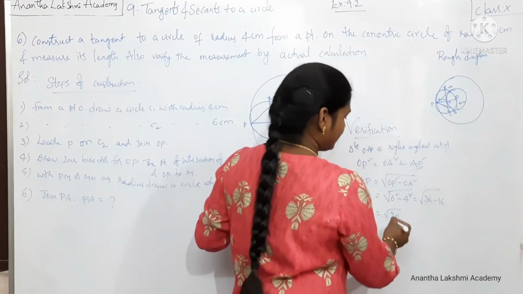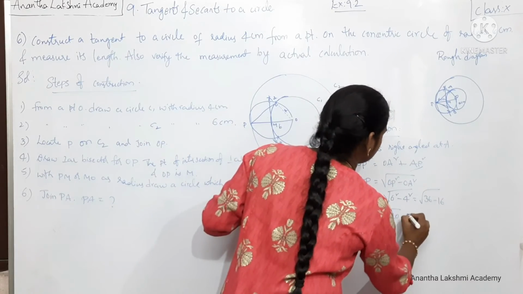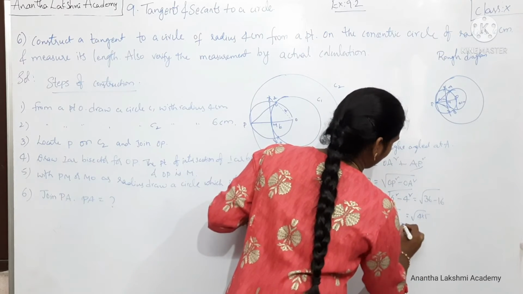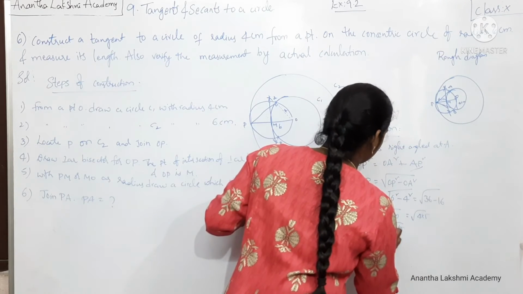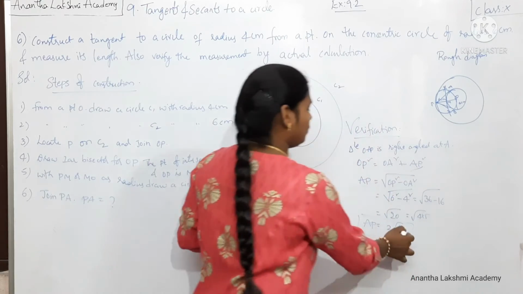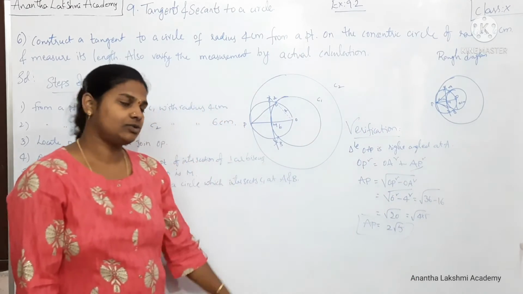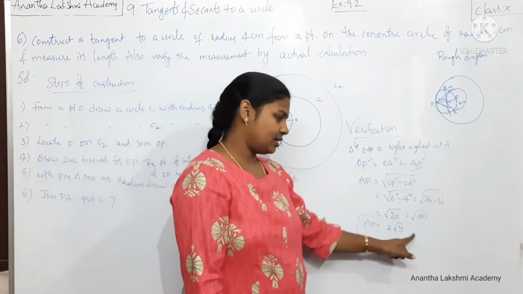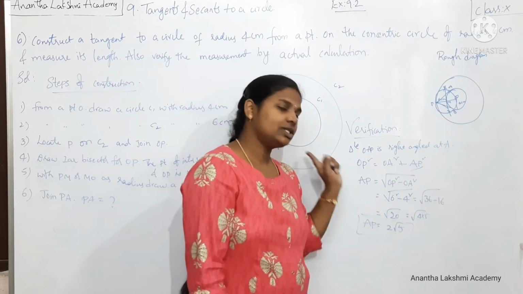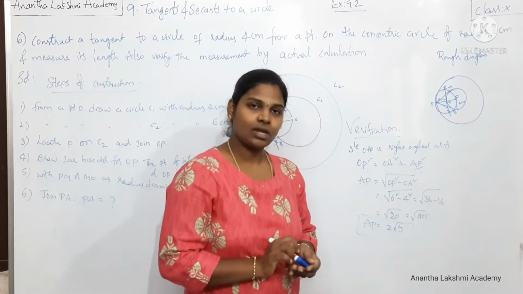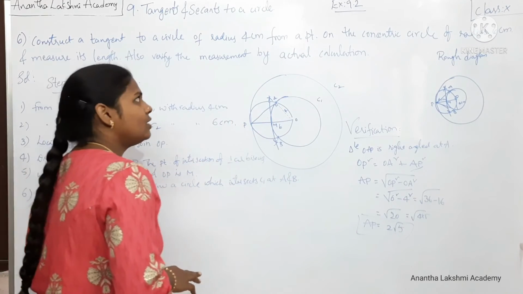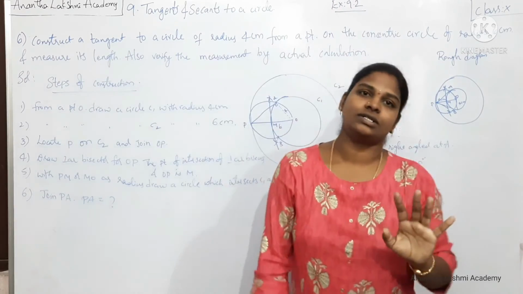4 5s I can write. So this goes as 4 into 5 now. Under root of 4 is 2, so root 5. AP is equal to 2 root 5. If you know the value of root 5, you can substitute it as 2.236 or some such value, do the multiplication and write it over there. Alright. So that is about problem number 6 of the exercise.